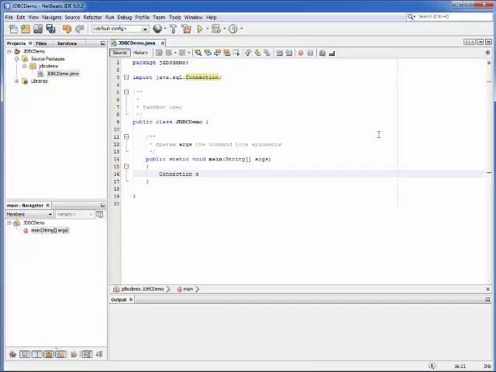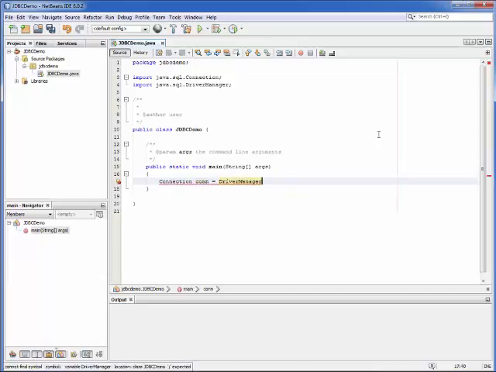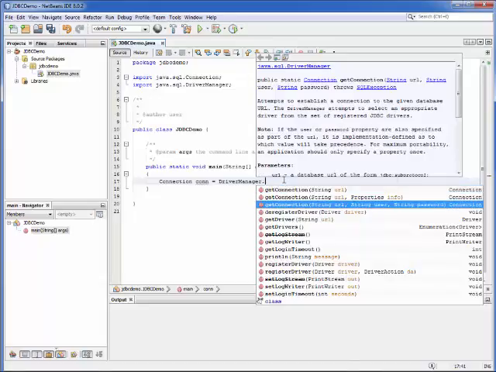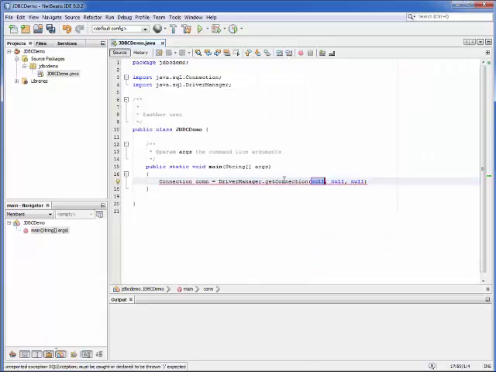So connection, I'll call it con for the lack of anything better, is equal to DriverManager, control space. You can see it imported up above. Driver manager has some static methods inside of it. I don't have to create an instance of it. I can, I just don't have to. But the static one that's most important, you can see up top, is getConnection. And I'm going to use the option with username and password